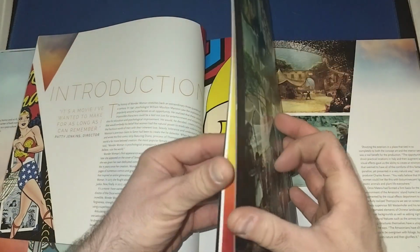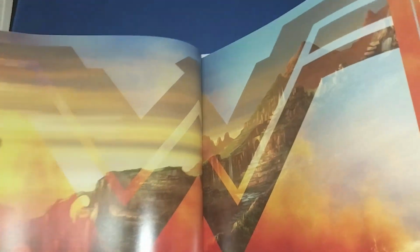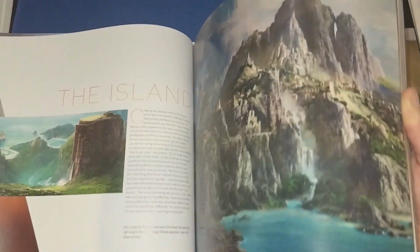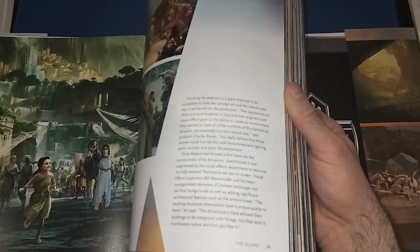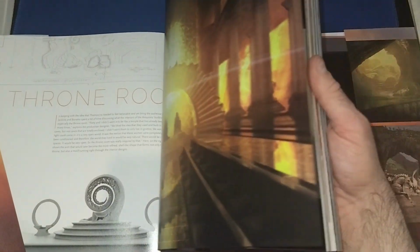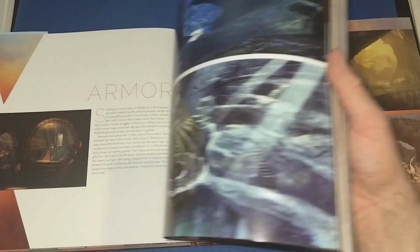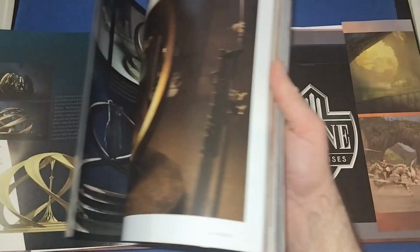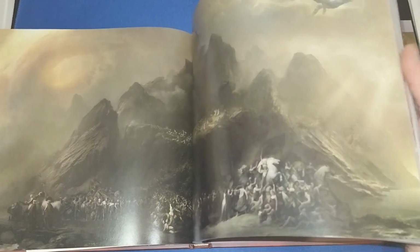So a little bit of introduction with her. Such a rich history Wonder Woman has. Don't know how each film is going to be depicting her in different ways. I like the warrior Wonder Woman myself, similar to this, where she likes to fight more. Like 1984, not the best movie in the world, to be honest. So I definitely prefer this one and the warrior Wonder Woman you see sometimes in the animated movies. You see her quite a lot in the animated ones. So that's my favourite